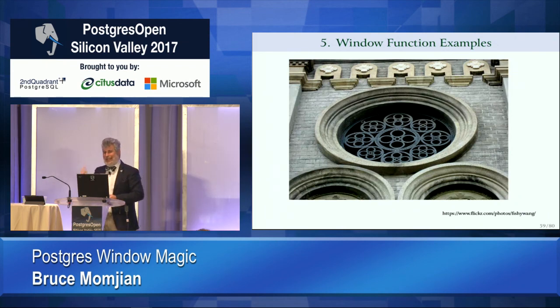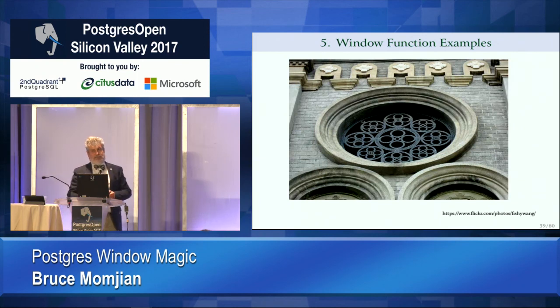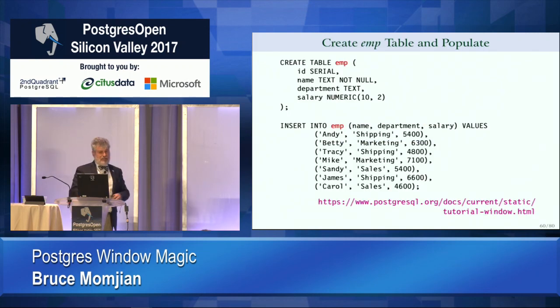Window function example. So we're going to take all the things we've learned, and we're actually going to show real-world queries that use the information we've learned to actually produce useful results, because that's what it's all about. I've given you some crazy queries up to this point. Now I'm going to give you realistic queries. Okay, great. First let's create a temp table.